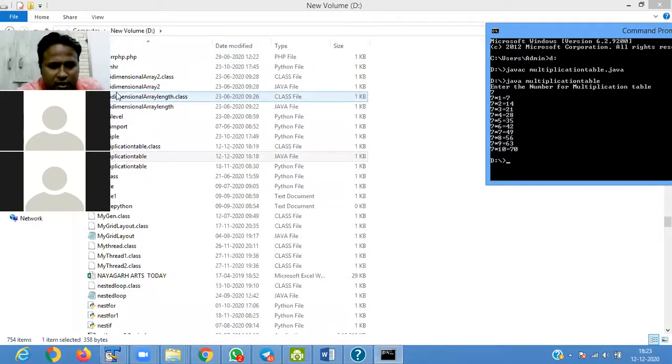Then next, I will go for another program. I will go for the concept of nested for loop. So what is a nested for loop?